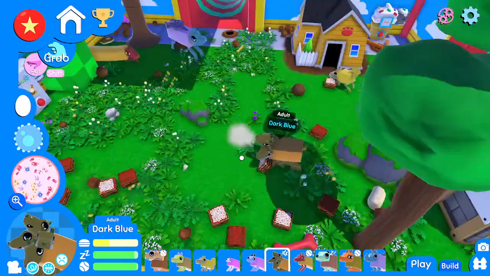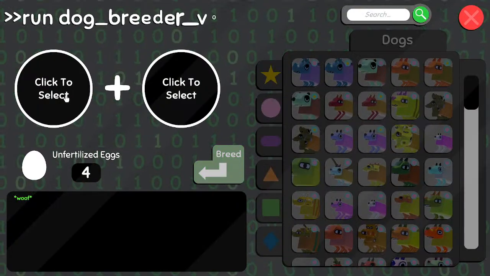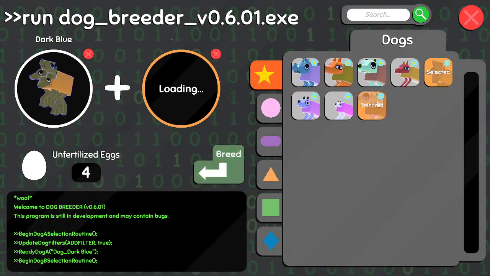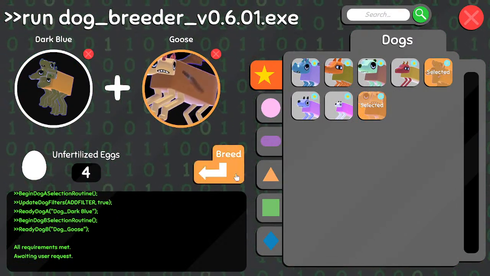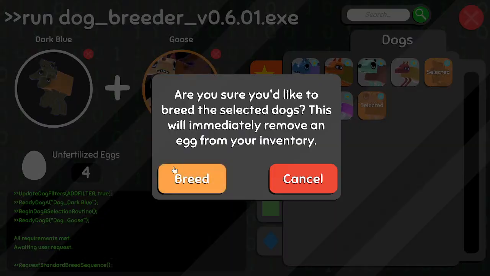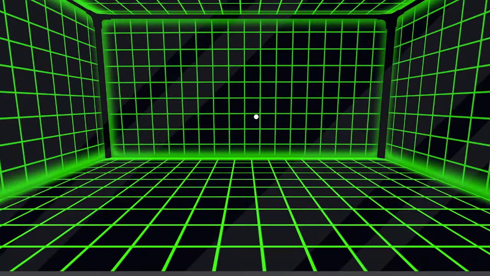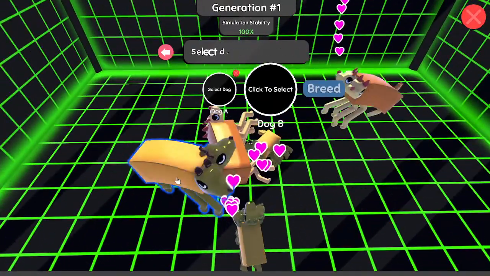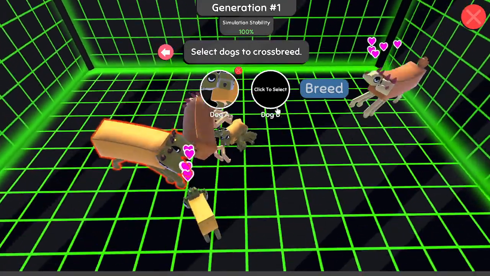Oh no, dark blue! Oh, hang on. Oh, I forget. Dark blue and Goose. Dark blue and Goose, there we go. Oh yes, this is exactly what I want.